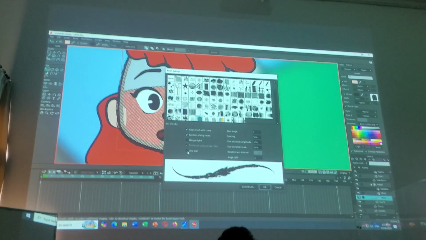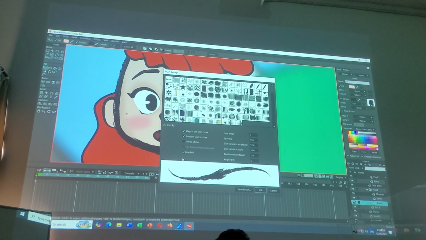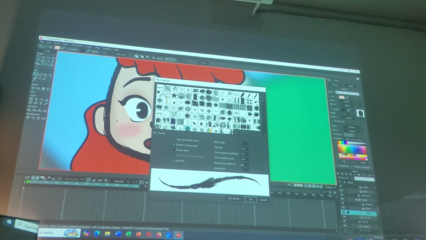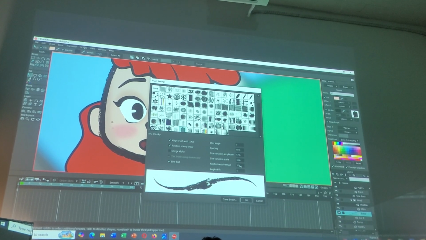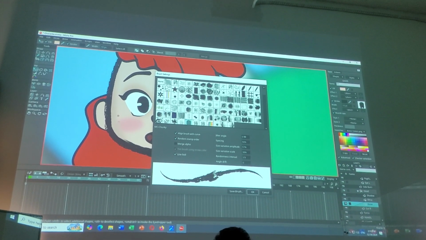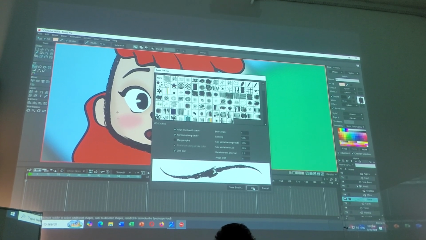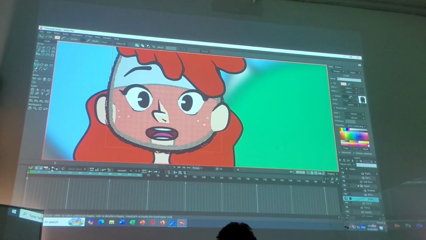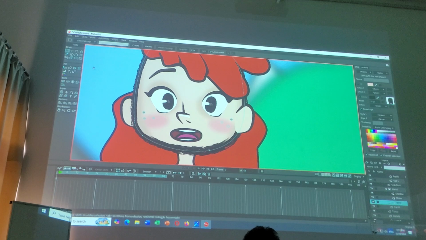But then I can have line boil. So what does line boil mean? Let's make it 3 frames. And let's just jitter angle a little bit. Press save. Now if I play the animation,